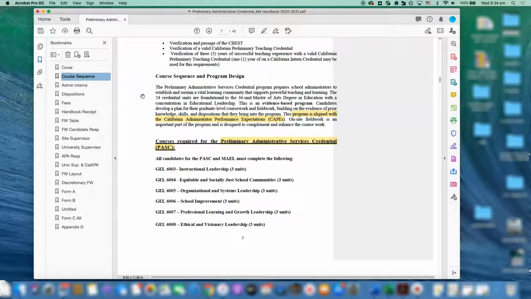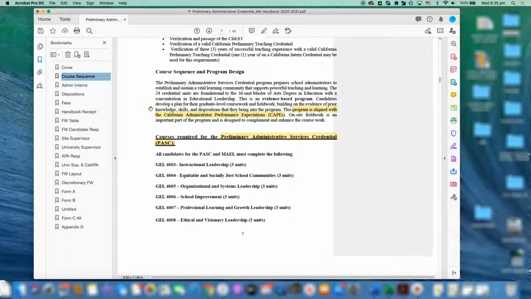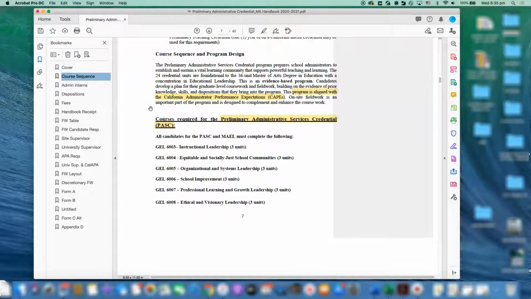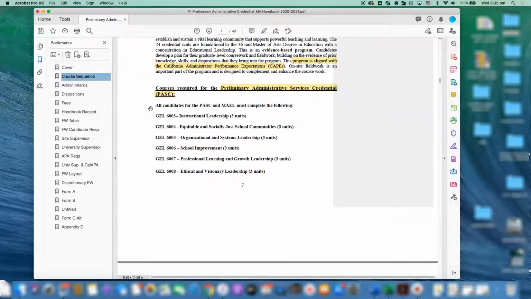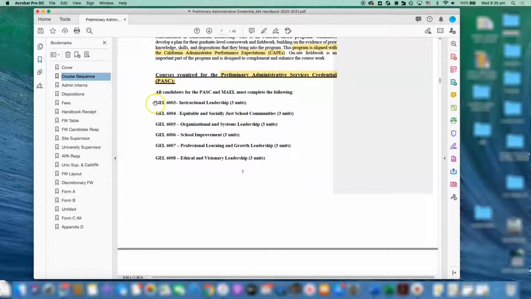And there's several ways you do that. You do that by taking the courses for this credential, and also through the APA and fieldwork. So those are the pieces that you need to be able to complete to apply for your credential. So these are the courses. They are not in this order, but GEL 6003 is instructional leadership. They're each 3 units. Then you have 6004, equitable and socially just school communities, 6005, and so on, up to